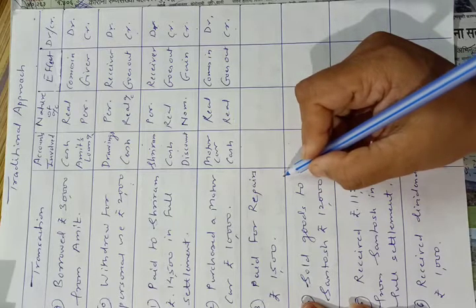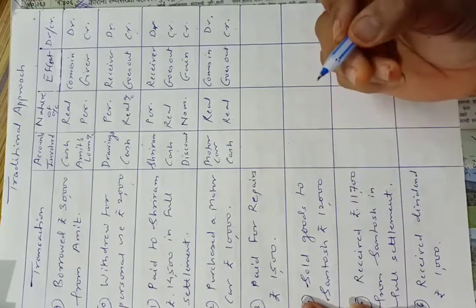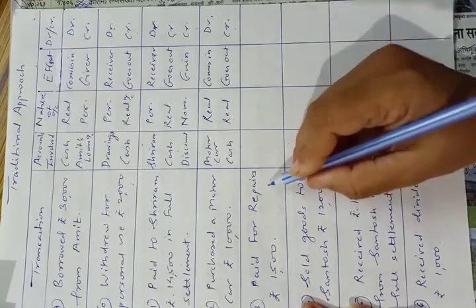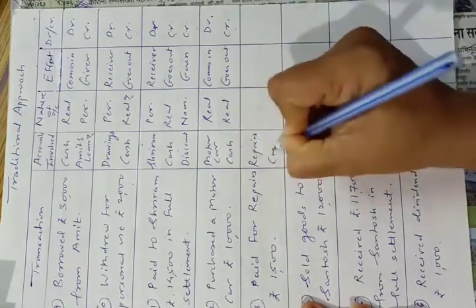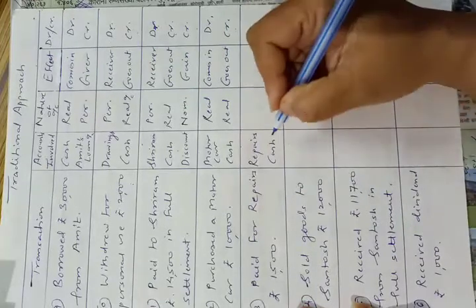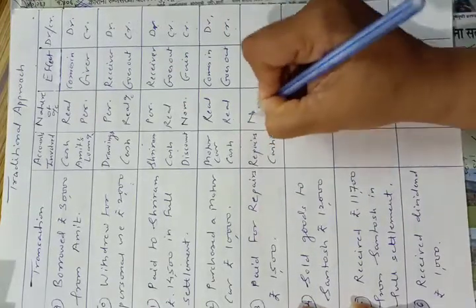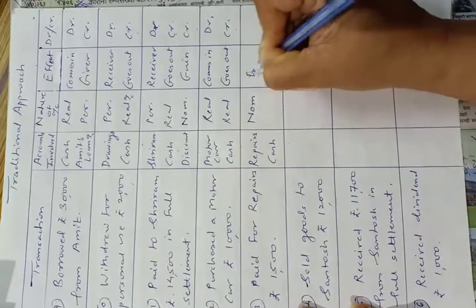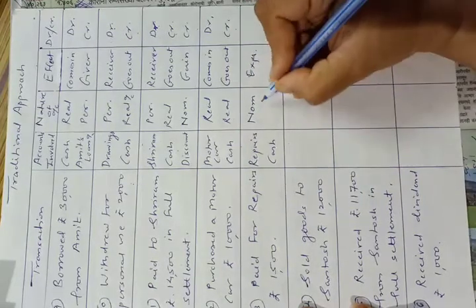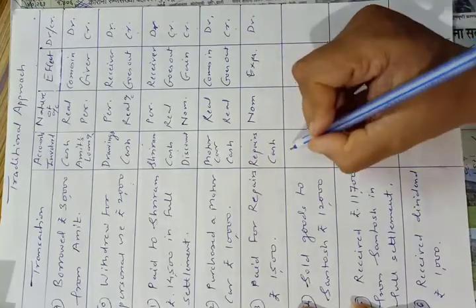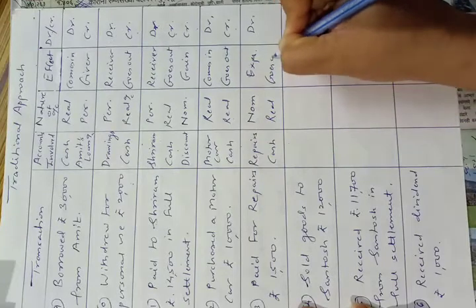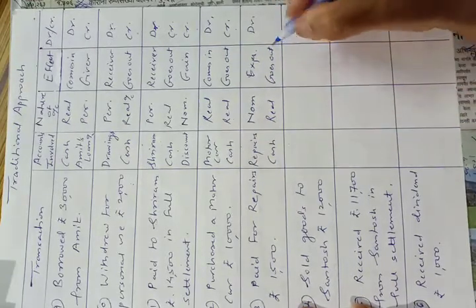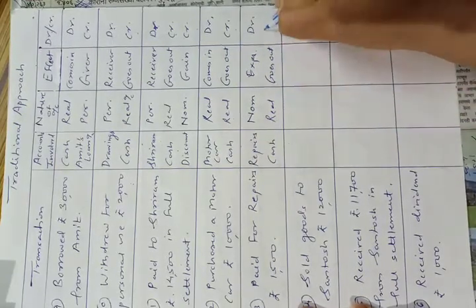Repairs means repairing expenses. One account involved will be repairs account and the second account will be cash account. Repairs is our expense, so it is a nominal account. The rule says that nominal accounts: debit all expenses and losses. Cash account is a real account. Cash goes out as we are paying repairs, and the rule of real account says credit what goes out.